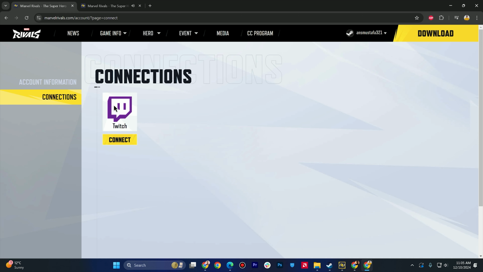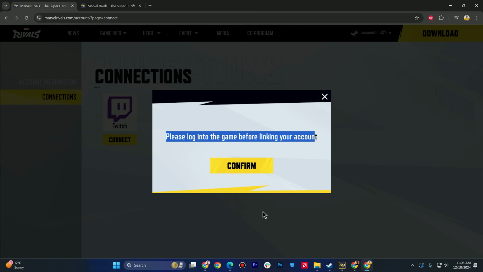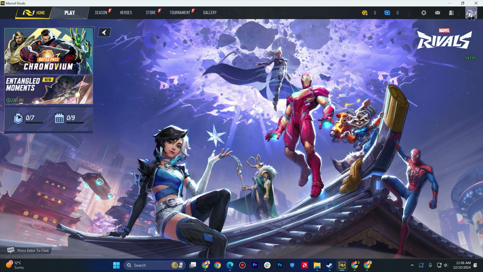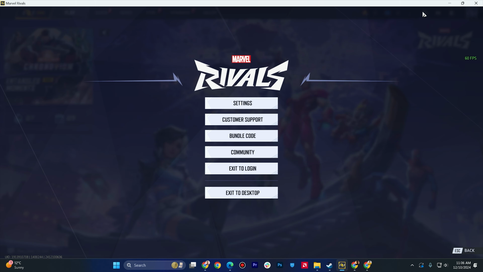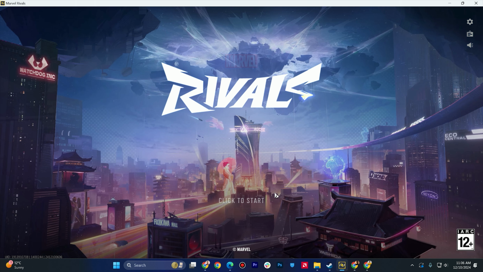So once you have logged in, you need to simply click on the connect and this should automatically connect your account. If this shows you this error which is please log into the game before linking your account, that is because you are using a different account. So make sure to click on this exit to log in and make sure to log in with that specific